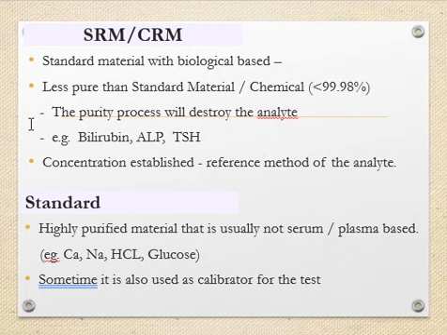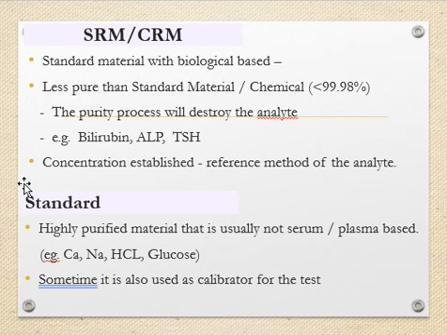It is because the purification process will destroy the analyte of interest. Examples of SRM or CRM are bilirubin, ALP and TSH. And we must note that the concentration of this material, the SRM and CRM, is established using the reference method